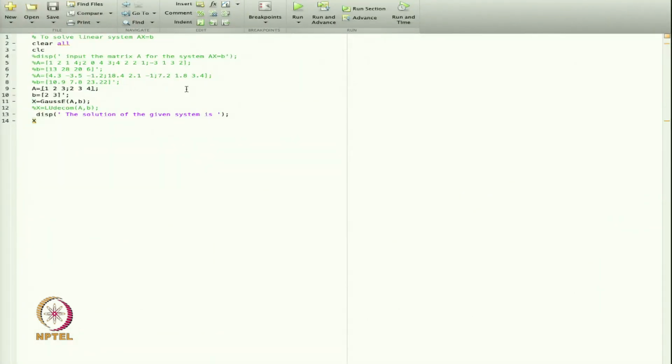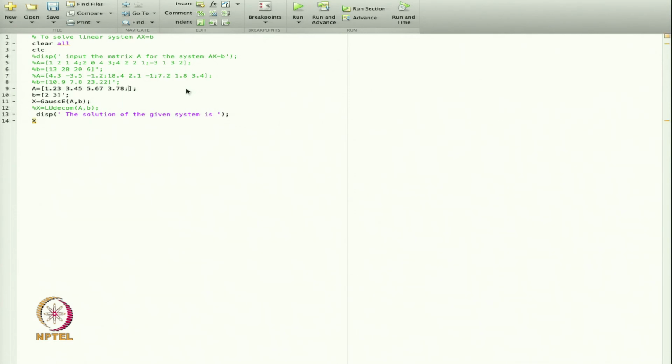So, let us change this matrix to some other value and see how we can find the solution. I just take another matrix: 1.23, 3.45, 5.67 and 3.78. This is the first column.